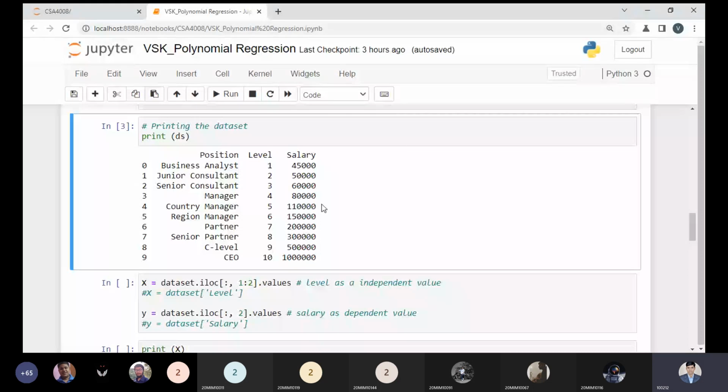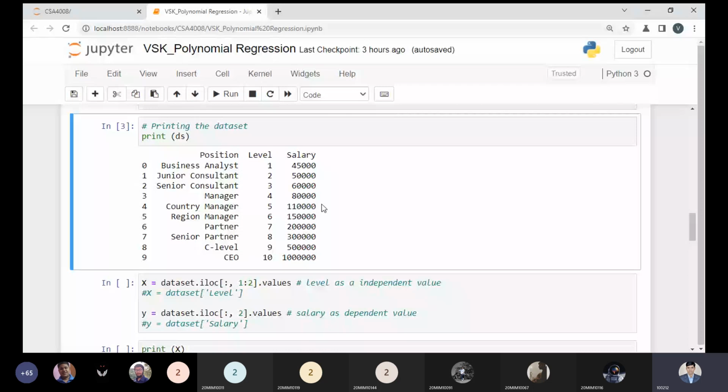From this data, I'm choosing two attributes only, level and salary, because computation can be done only on numerical data. This is the point you have to understand. Business analyst is a theoretical, textual value, and computation cannot be done on textual data.